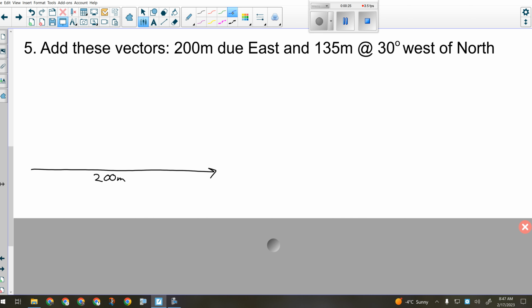Okay, and then our next vector is 30 degrees west of north. So I'm going to draw a reference line that is due north and go 30 degrees west of that, 135 meters. So this will be 30 degrees west of north. That will be 135 meters. Scales pretty close. Okay, that'll be X, that'll be Y, and my resultant